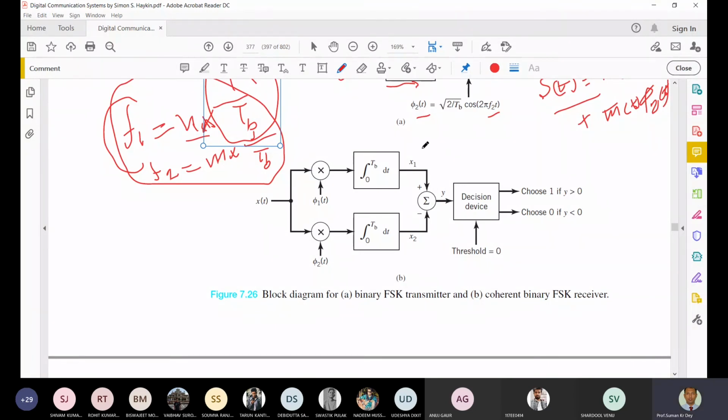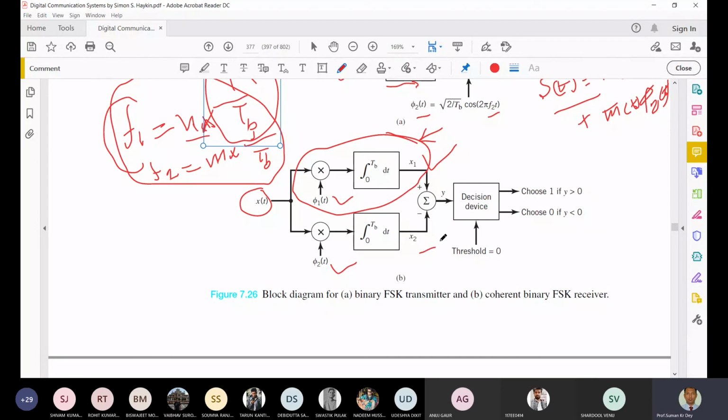So what is this called? Tell me someone. Previously we discussed it. It is called the correlators. Already I discussed there. We use the correlators when we discuss FSK. So basically, s(t) is the received signal, and s(t) will pass through the two correlators. One correlator is multiplied with the basis function phi 1 t, the second one with the basis function phi 2 t, and we'll get the two received signals S1 and S2.